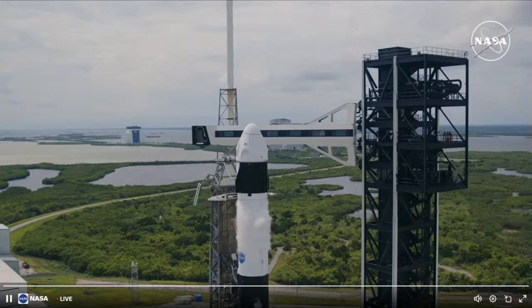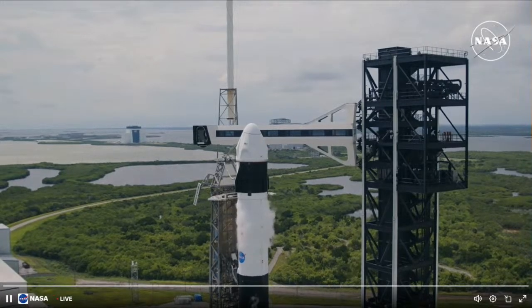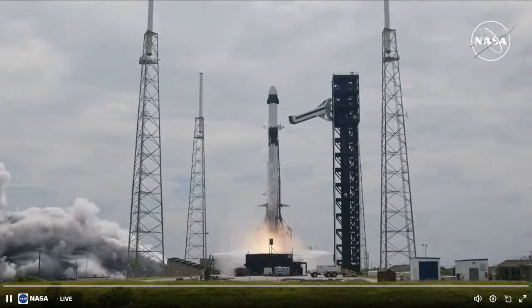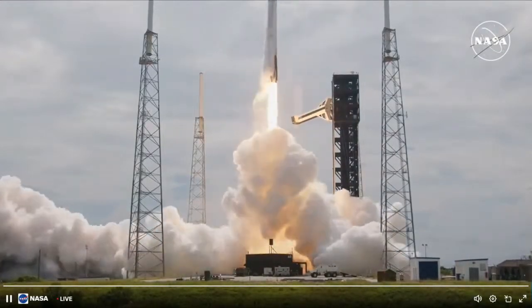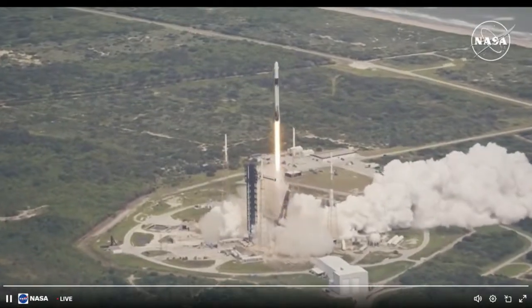7, 6, 5, 4, 3, 2, 1. Ignition. Ignition full power. And liftoff of Crew-9. Go SpaceX, go Falcon, go NASA. Liftoff of Crew-9 now soaring to